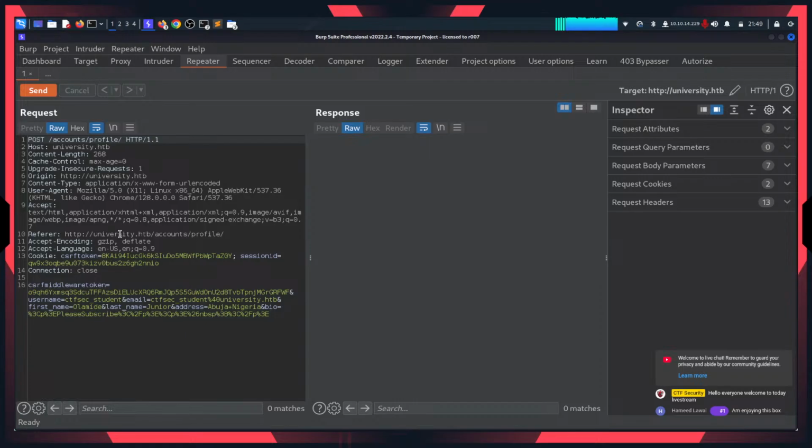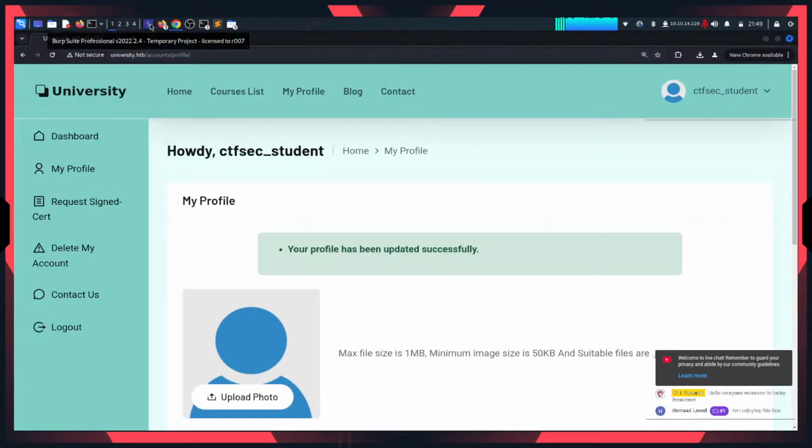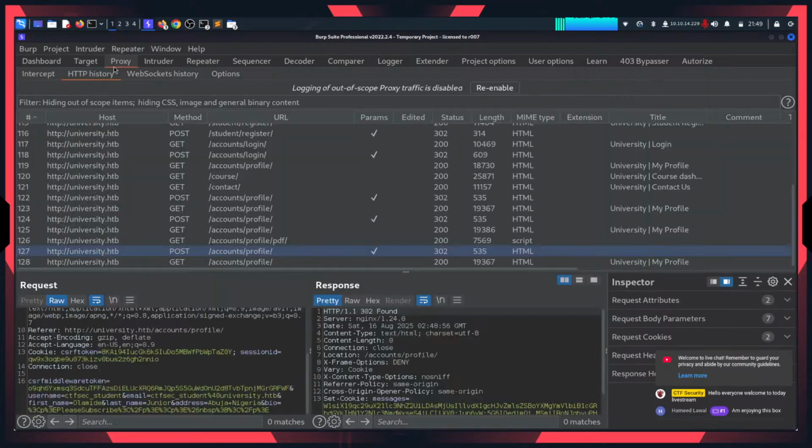Okay, so what can we do right here? We have the first name, we have the "please subscribe" here, which is the request here. So when we want to inject a payload, we can actually use this. I'm just going to leave this in the repeater right here. So if we go back into the HTTP proxy